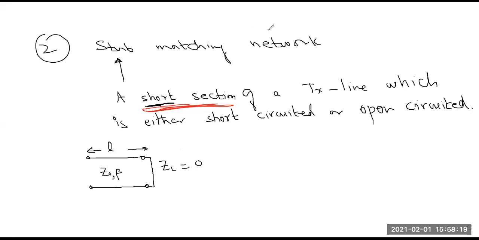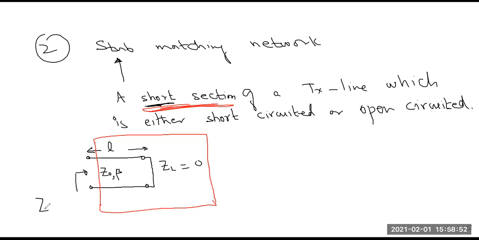If you put this transmission line inside a completely closed box, outside of this box we have these two connections. Now if we measure the impedance between these two points,